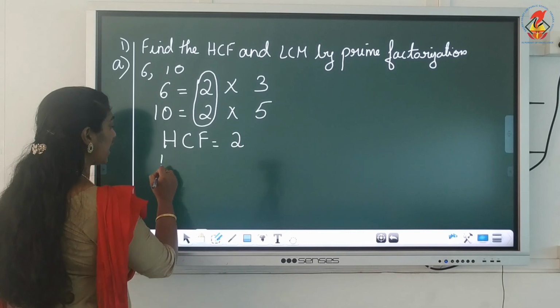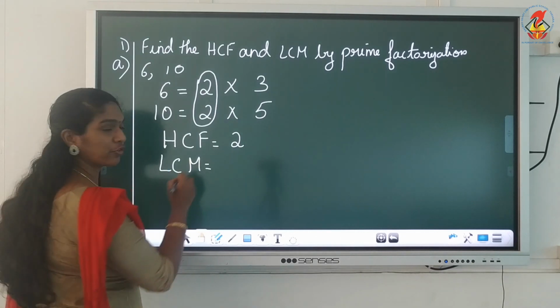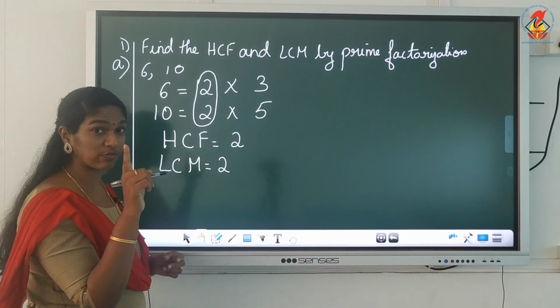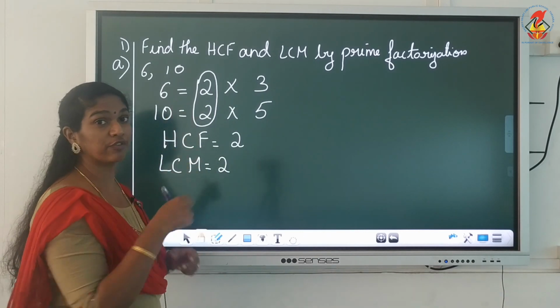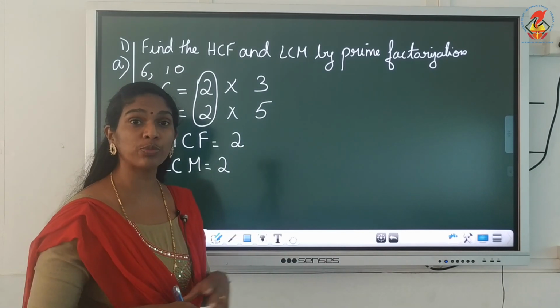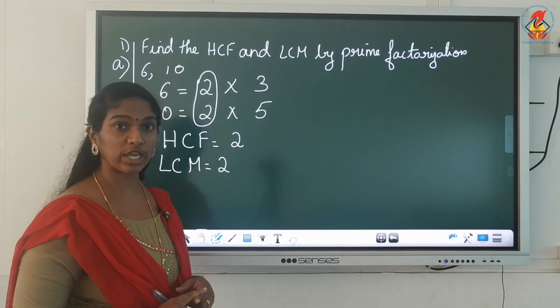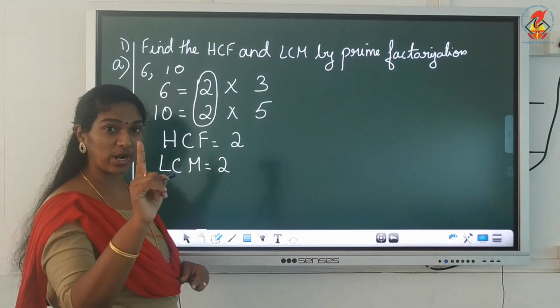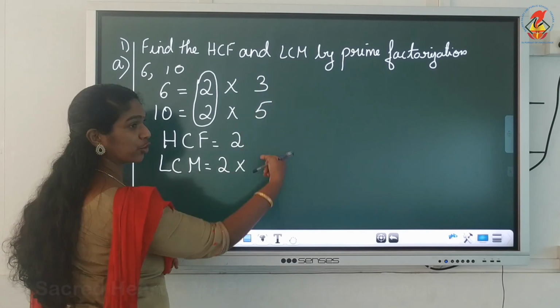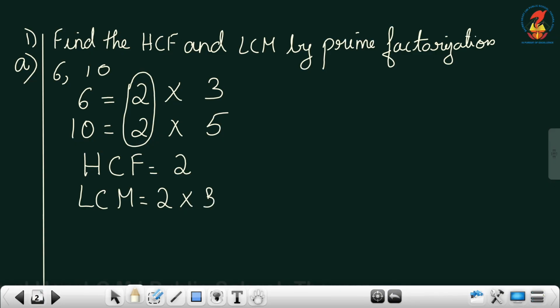Now when you come to LCM, you have to take 1 from the group. Just take only 1. Don't take both the numbers. If you are going to take both the numbers, you don't need to make a group over there. Why are we making a group? Just to take 1 from that. So after you make a group, take 1 from that. I take 1, 2 from that. Then I will take what is left over. What is left over here? 3 is left and 5 is left.